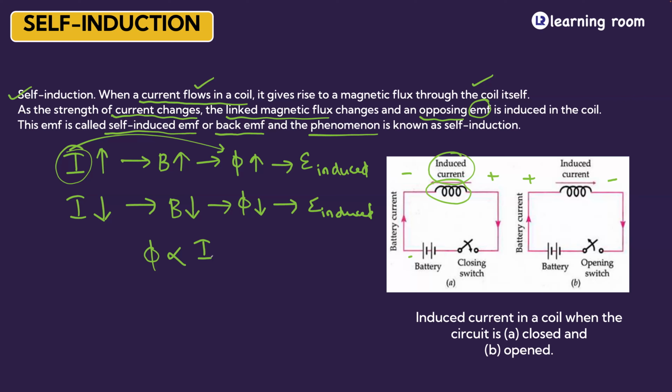If there is an increase in the current in the coil, then there is going to be a change in the magnetic flux associated with the coil. So flux is directly proportional to the amount of current flowing in it. Accepted or not? Now, the question is, if I remove the proportionality symbol, what is the constant I'm going to introduce? So flux will be equal to, I'll introduce something called L, and I'll write it as L into I, where this L is what is called